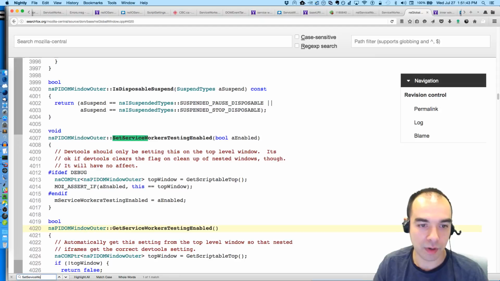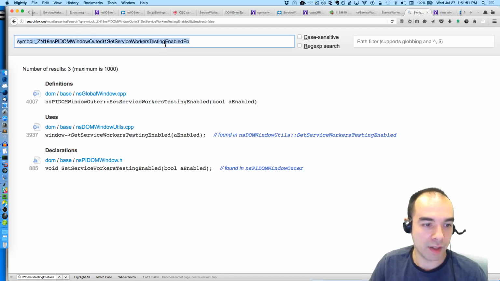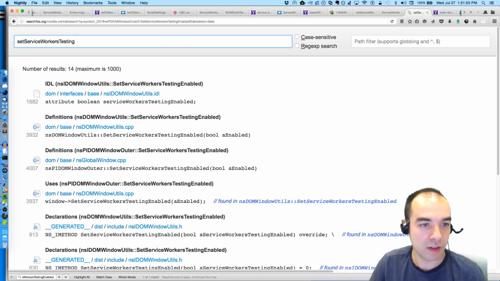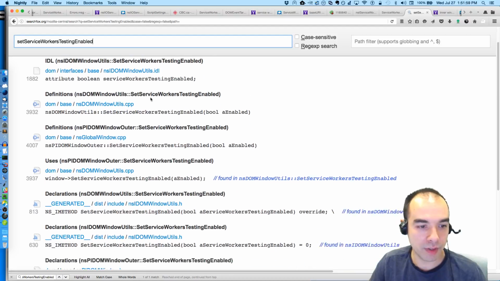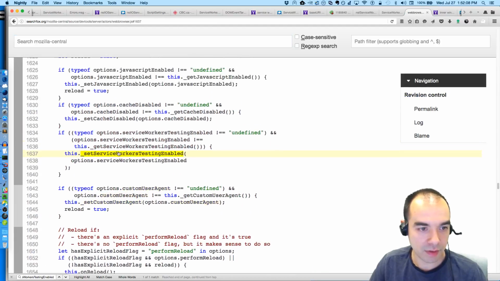Set service workers testing enabled. Oh, I think you can call it from DOM window utils, and I think we do it in this test here. Set service workers testing enabled.